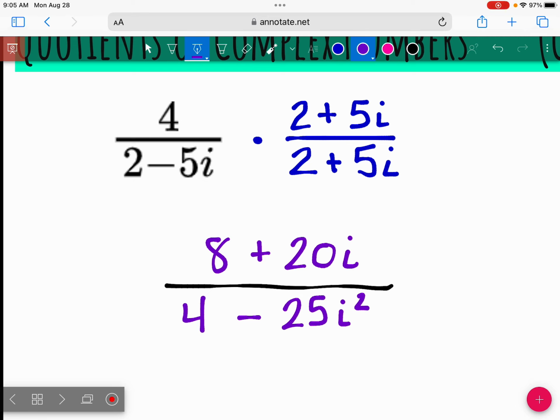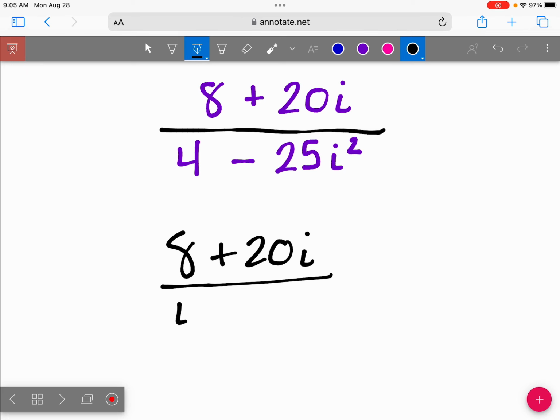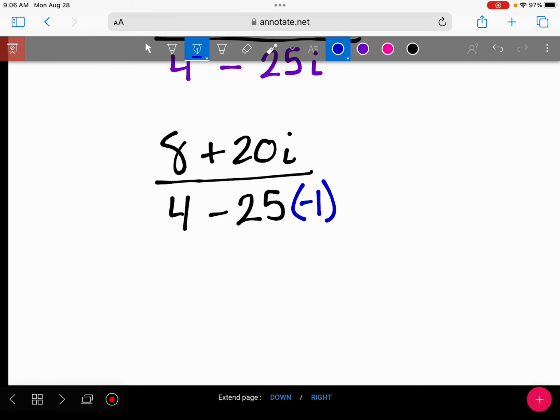But now I see i squared, and we don't like that, so we need to simplify. I'm going to leave my numerator the same: 8 plus 20i on the top. What's another way that I can write i squared? Negative 1. So this is 25 times negative 1, or 4 plus 25. So we get 8 plus 20i over